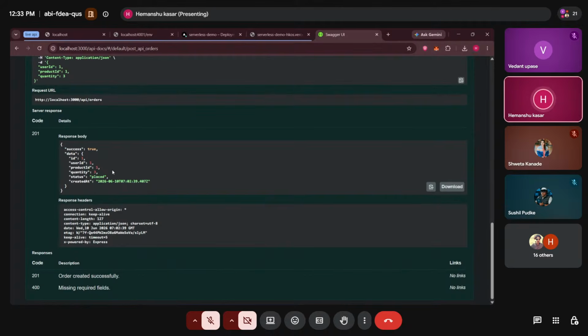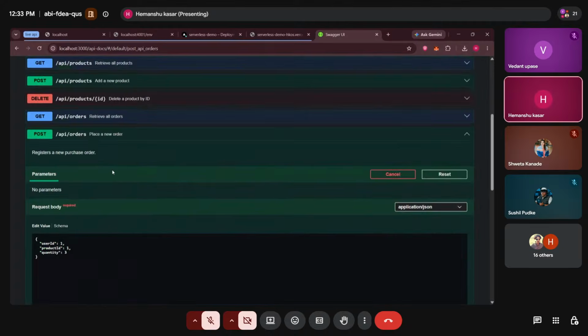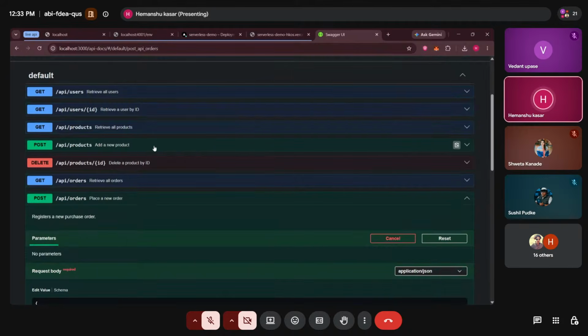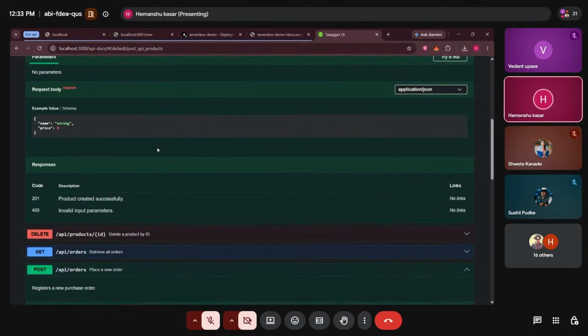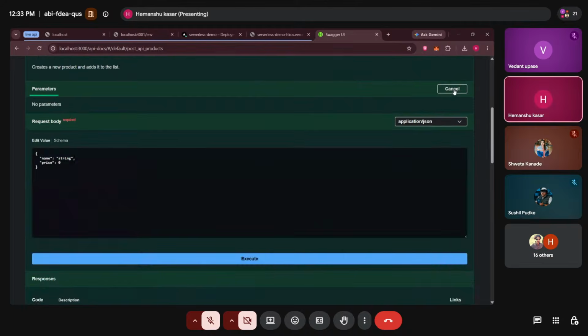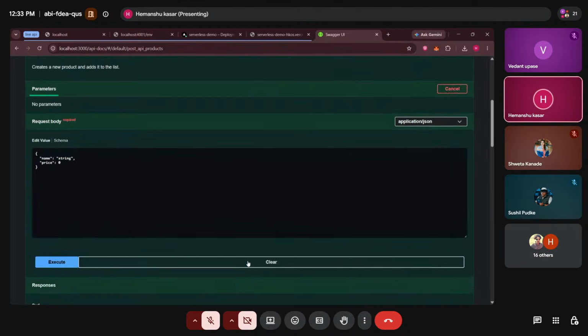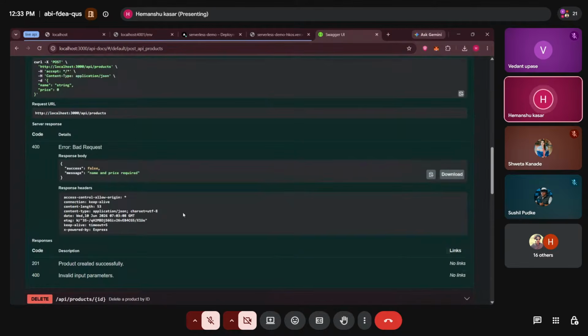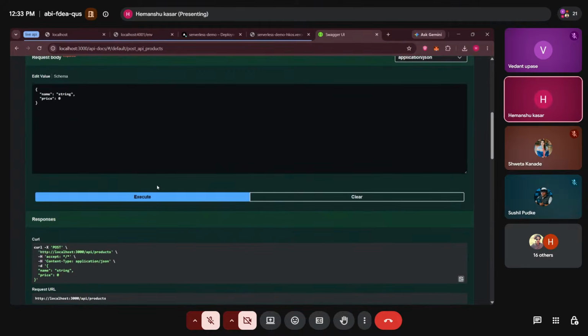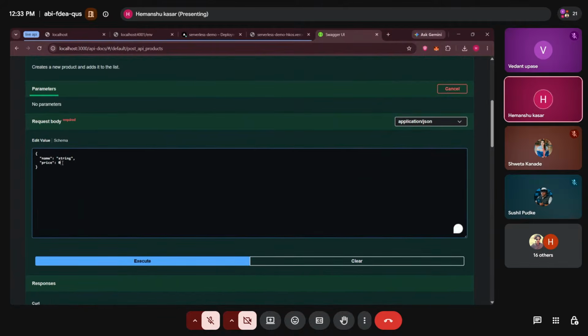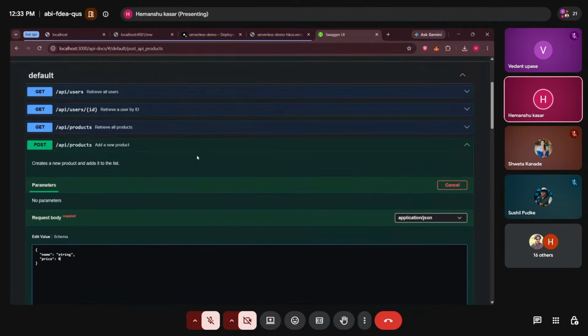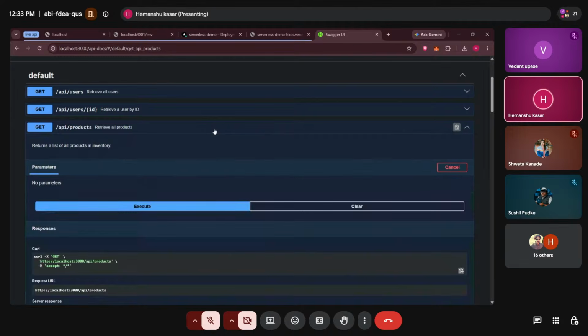The product ID refers to, in this product section we'll be able to see some products that have been defined here. Wait a minute. Okay, in the get we'll be able to see that.